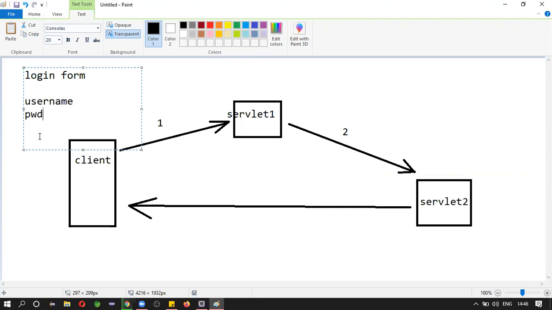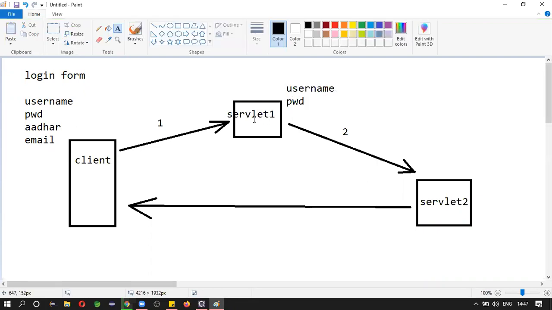Assume you may have other details like email. Here you may check the username and password, and you will forward this from servlet 1 to servlet 2 when the username and password match.